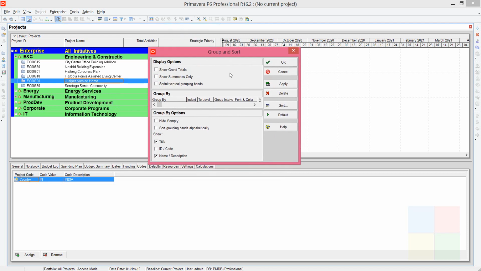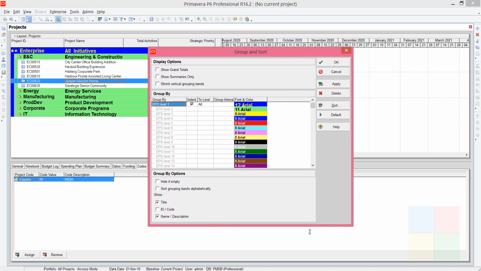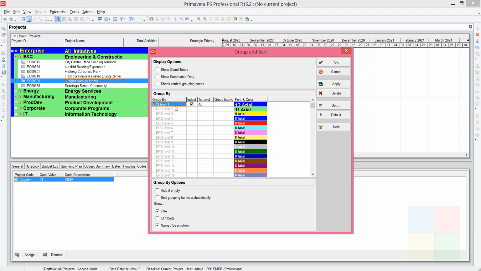Click on it, and make this dialog box bigger so that you can see this option. By default the projects are grouped based on departments or EPS. So click on it, then search for country, which we created just now. It is here. Then click on apply.